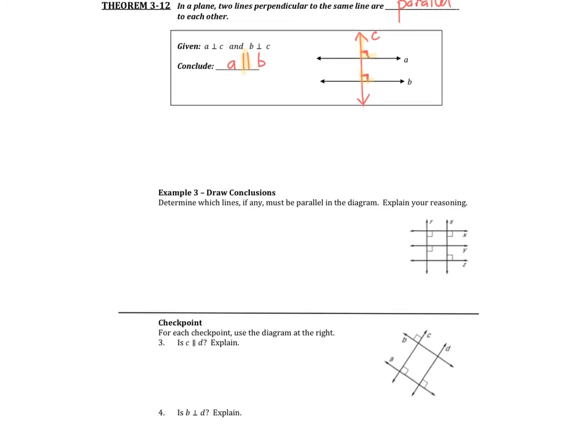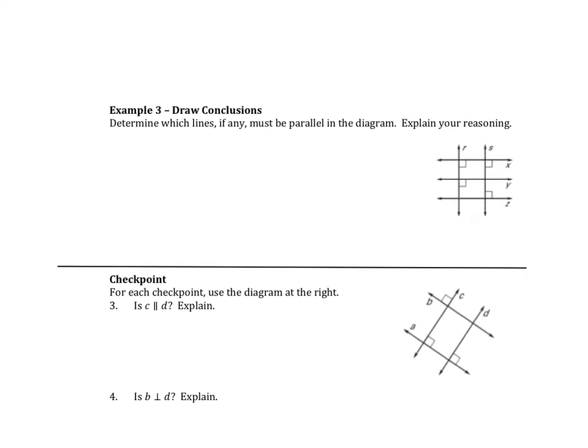Okay, then we have a couple examples. Determine which lines, if any, must be parallel in the diagram. Explain your reasoning. So let's just do a couple of these. So notice that these two angles are both right angles. Those angles are corresponding because they both are below and they both are to the right. So we would say that R is parallel to S. And the reason is